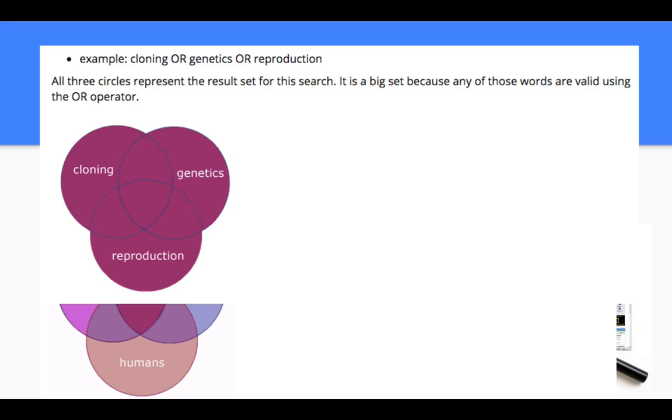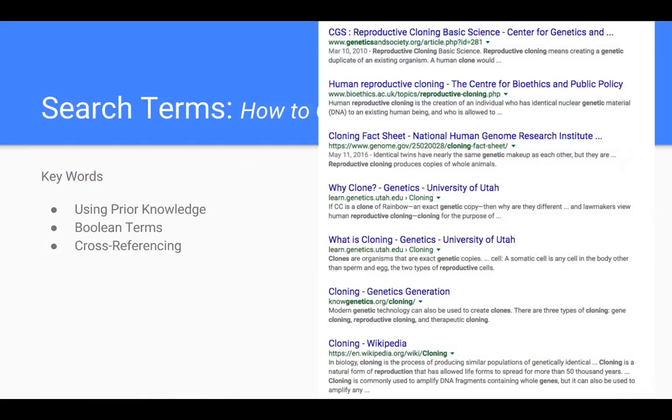Cross-referencing, what I was talking about, is something along the lines of whenever I get a series of hits. So if I typed in the cloning search and I'm looking at my search results, you'll notice that there are bolded words. If I were to go through and skim those little blurbs underneath that have all the words that I had typed in, if I'm paying attention, I might be able to pull out some other keywords. So if I look at, let me see,